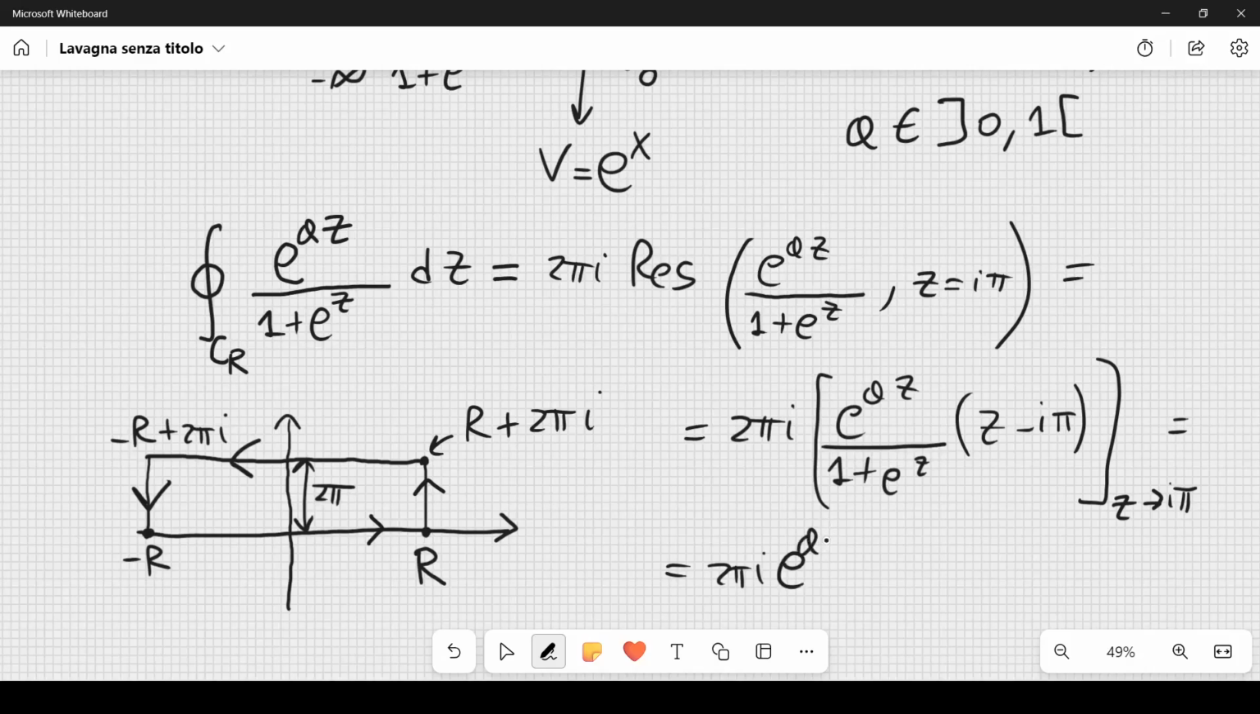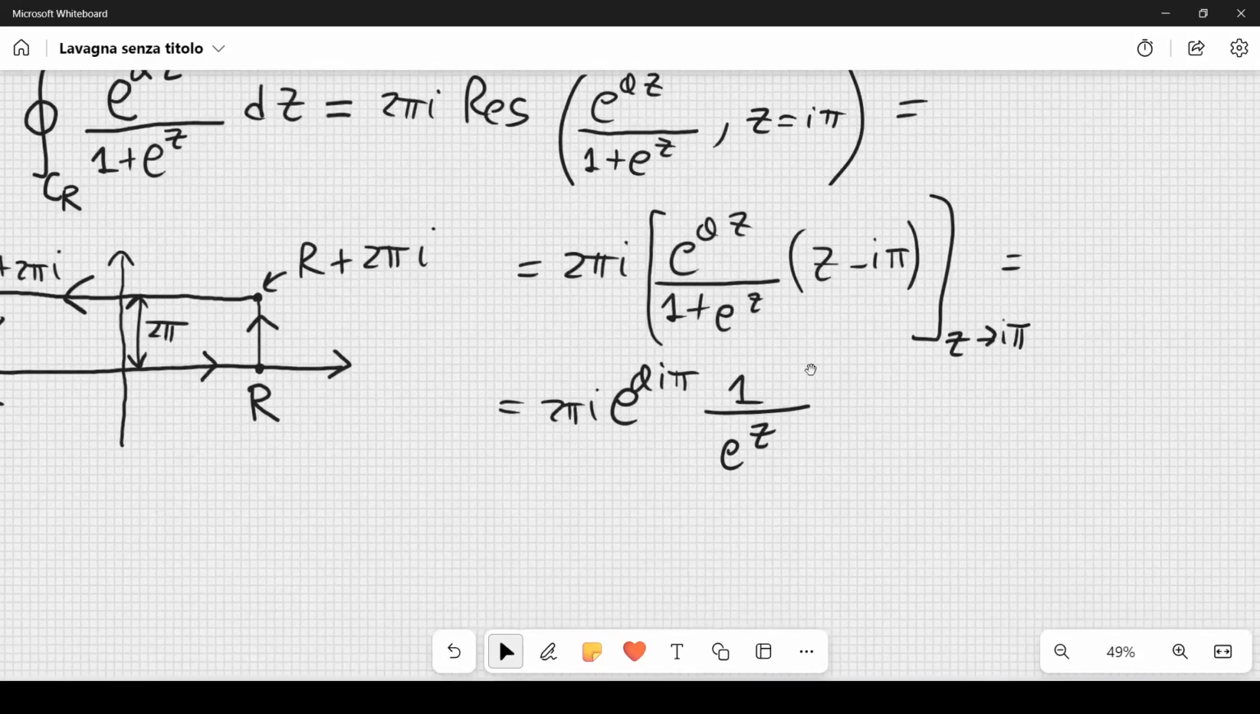So we have 2πi, and then we have 1 divided by e to the z from below. I have taken the derivative of the numerator with respect to z and also of the denominator with respect to z. I'm applying L'Hôpital's rule to this part of